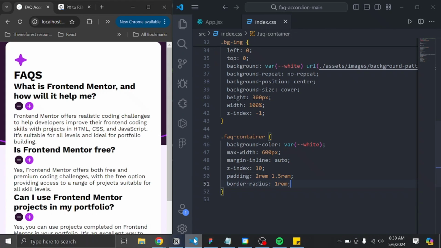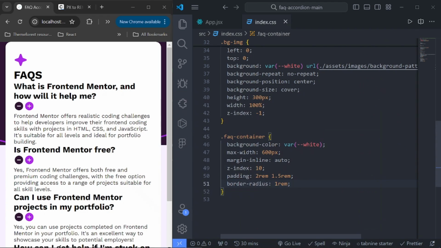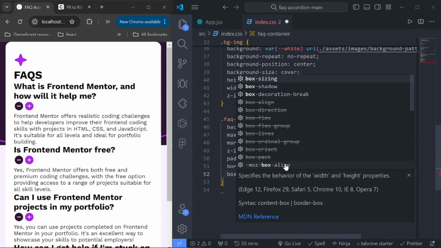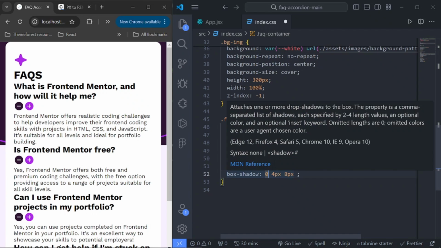Let's also add, I think there's a box shadow right here. It's also kind of different. So we'll say box shadow should be 0, 4 pixels, then 8 pixels. I think this is for the y-axis, then the blur. No, this is for the blur. The 8 pixels is for the blur. I think this is for the y-axis and this is for the x-axis. You can correct me if I'm wrong. I'm not used to all this stuff. So I think this is for the x-axis, this is for the y-axis, this is for the blur, and the RGBA